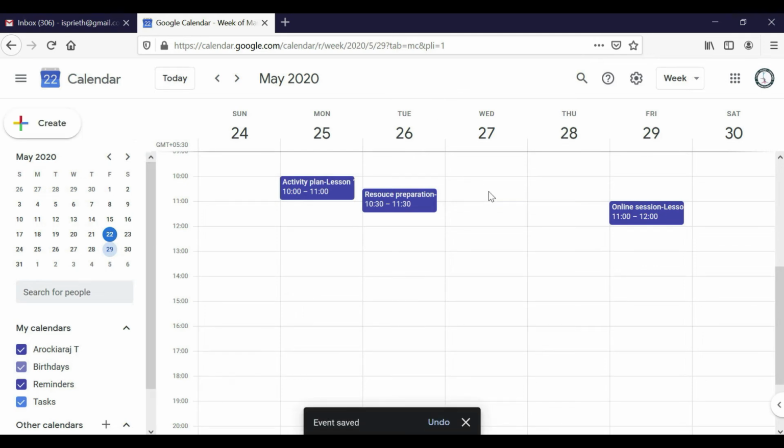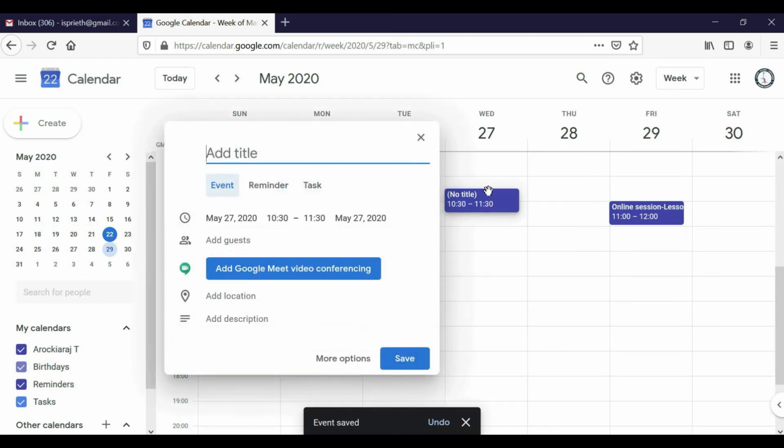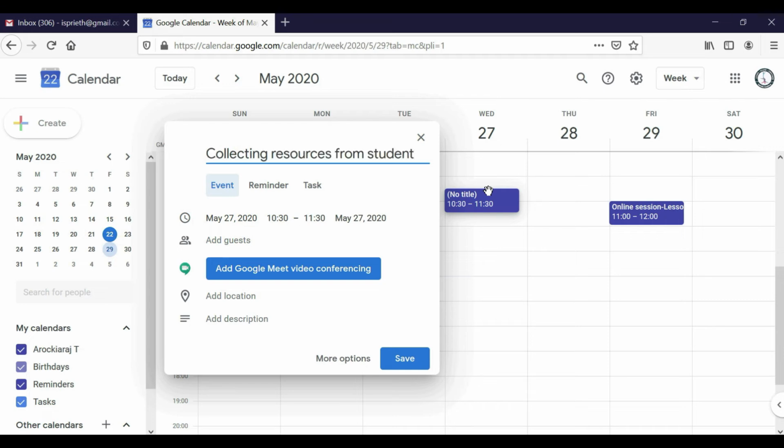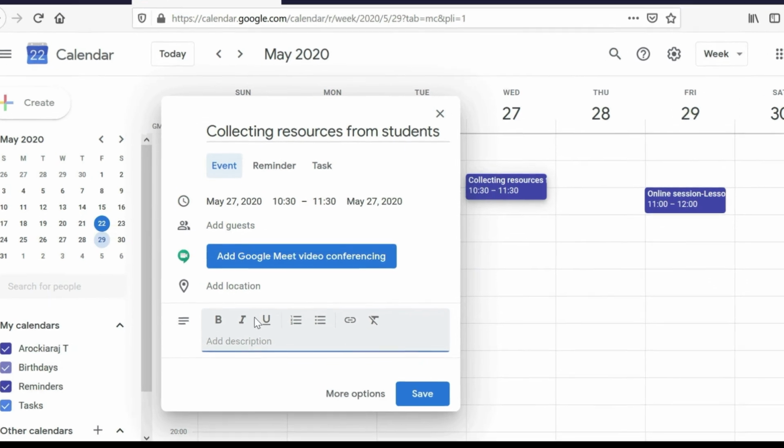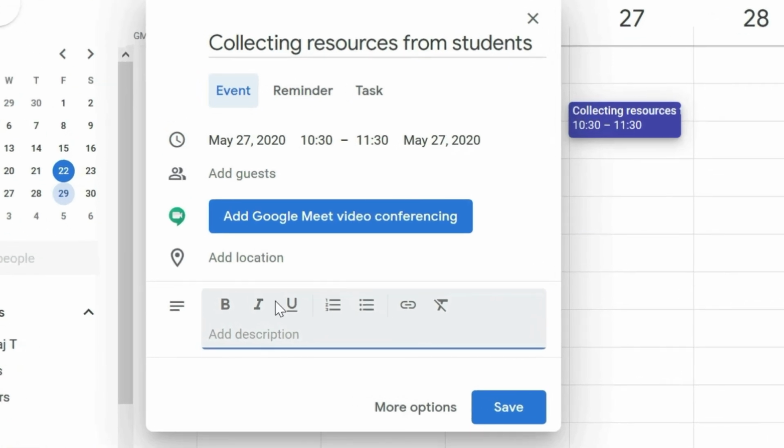And on 27th Wednesday, what I like to do is collect the resources from the students. You can add a description, like you have asked one student to prepare a PPT, and you can make a note of that particular student's name in this column, or you have asked somebody to prepare a video presentation.